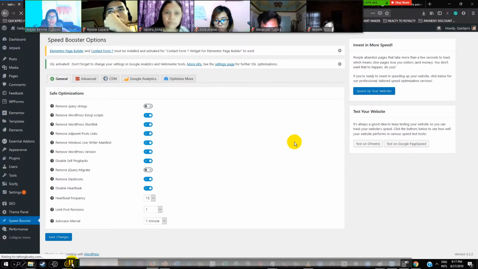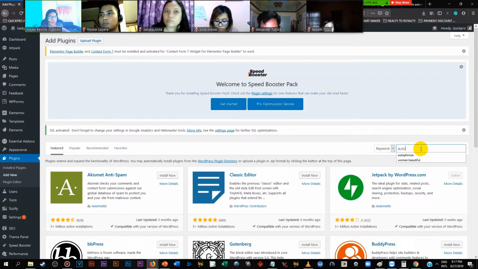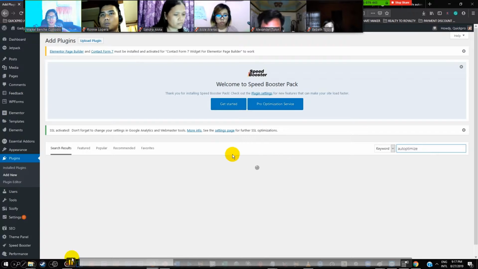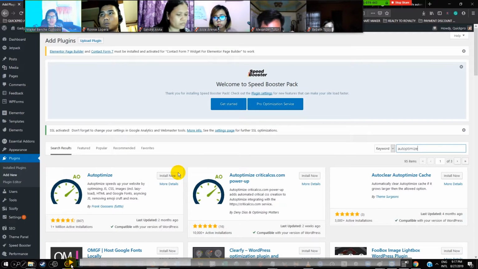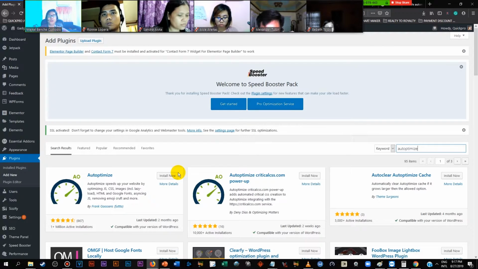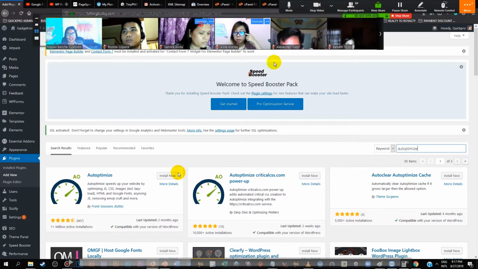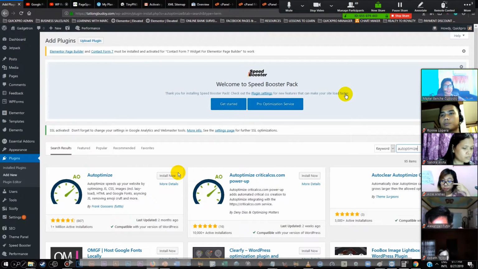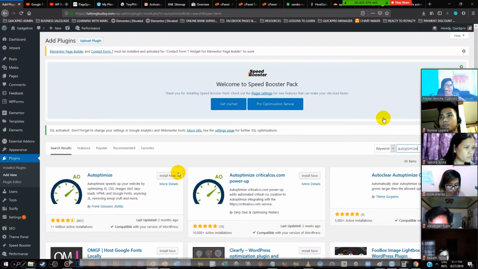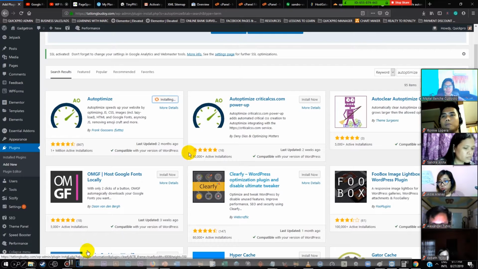Okay, another plugin pa pala guys. There's another plugin that we're gonna install. And it's called Auto Optimize. I think all of you are familiar with this. To those who've studied WordPress with me, this is basically my go-to plugin. If I'm in a hurry to make the website load really fast without installing all those other plugins, because when you're creating websites for the first time, you will be medyo tired mag-install of all of those. So my go-to SEO tool is actually Auto Optimize because this basically speeds up the website really quick. I'm gonna show you how great yung effect ng Auto Optimize. But I'm not saying you should ignore all of those yung kanina because they're still pretty important.